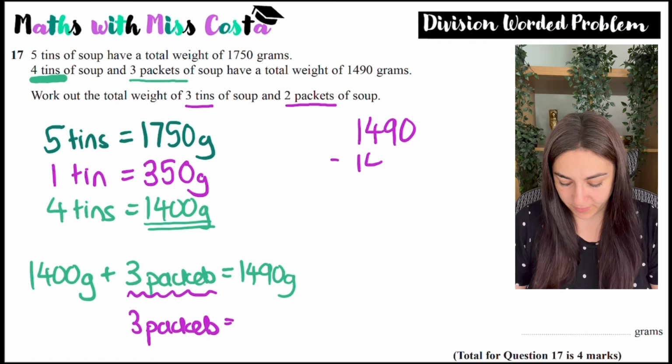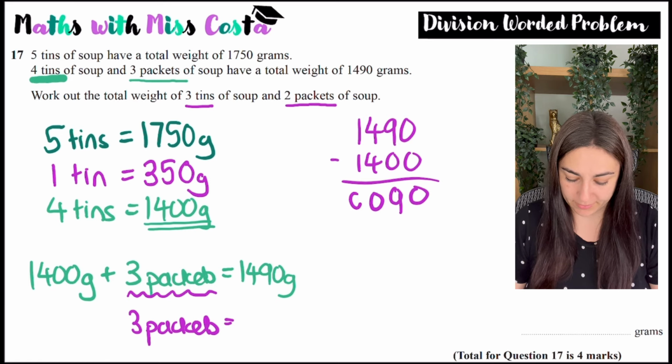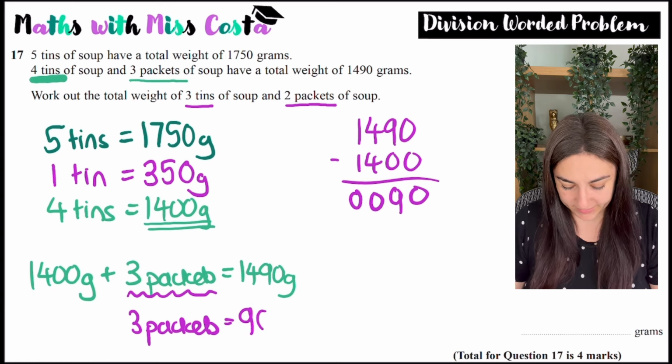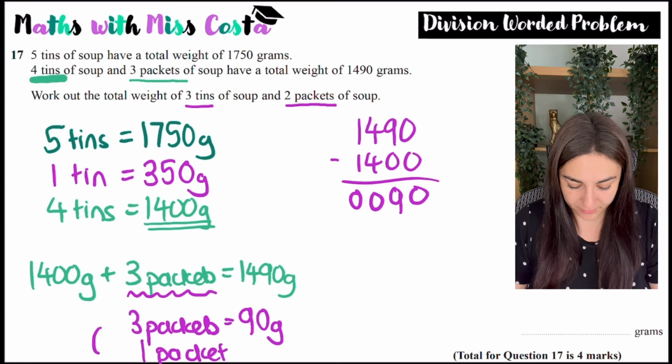1,490 take away 1,400. So that would be 0, 0, 9 take away 0 is 9, 4 take away 4 is 0, 1 take away 1 is 0. So 3 packets weigh 90 grams. Therefore, 1 packet, if I divide by 3,